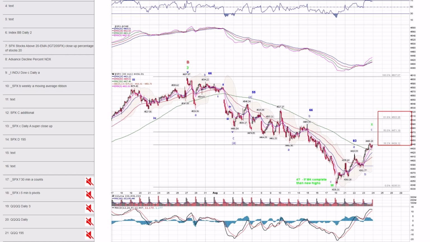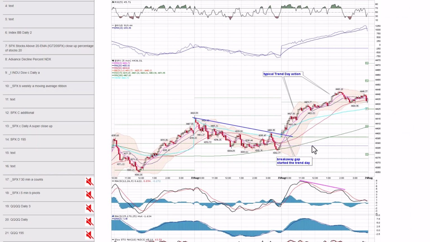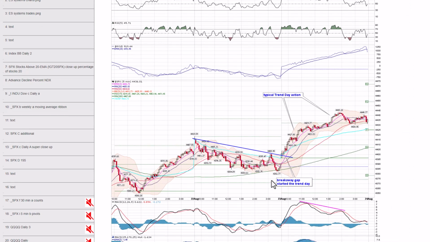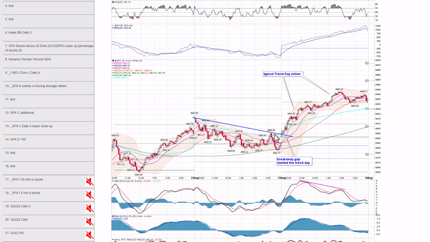Finally, chart number 18, here's a 5-minute view of the S&P. So again, I was long coming into today, but in the morning we got a gap here and we broke this trend line. When you get a nice gap like that, that's what I call a breakaway gap. Those are bullish. And then I thought that today could be a trend day, and that's what it was. So trend day, you can usually tell within the first 5 or 10 minutes when that gap is holding, especially if it breaks a trend line.